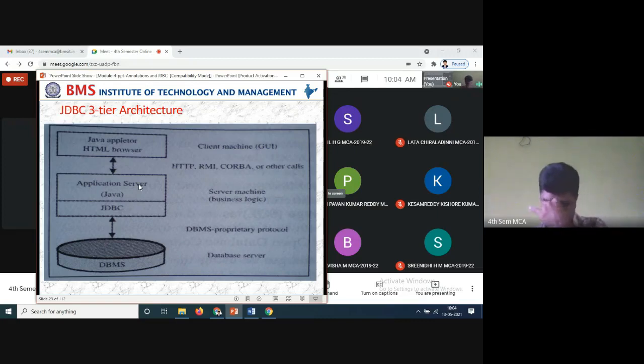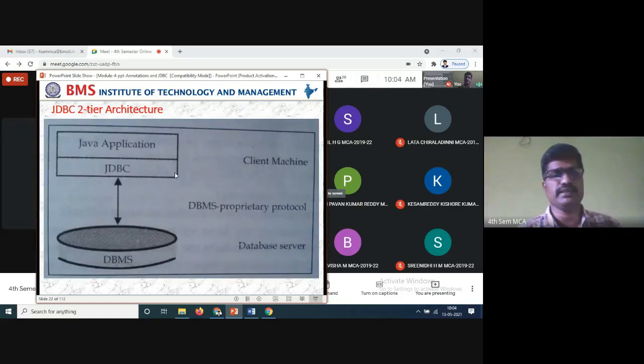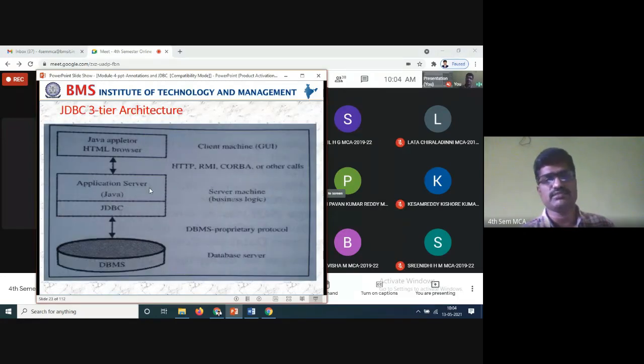So you can see the difference between two-tier architecture and three-tier architecture. In two-tier architecture you don't have any middle tier, just JDBC connections. But in three-tier architecture you have the server separately, Java, and other than that you can use advanced tools to write the programming. Whenever you go for the advanced tools, so many applications are available, so you can write the code in an attractive way, with images displaying, all these things.